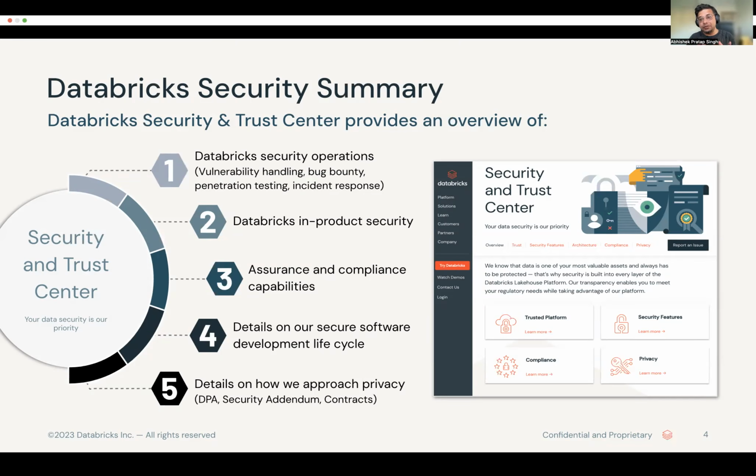You will find a lot of useful resources here, which detail the Databricks security operations, like vulnerability management, the bug bounty programs that we run, a lot of different security certifications and accreditations, and a lot of information on compliance and capabilities, how we do SDLC, and how we approach privacy as a whole. So please go to databricks.com/trust and have a look at all the different capabilities and accreditations